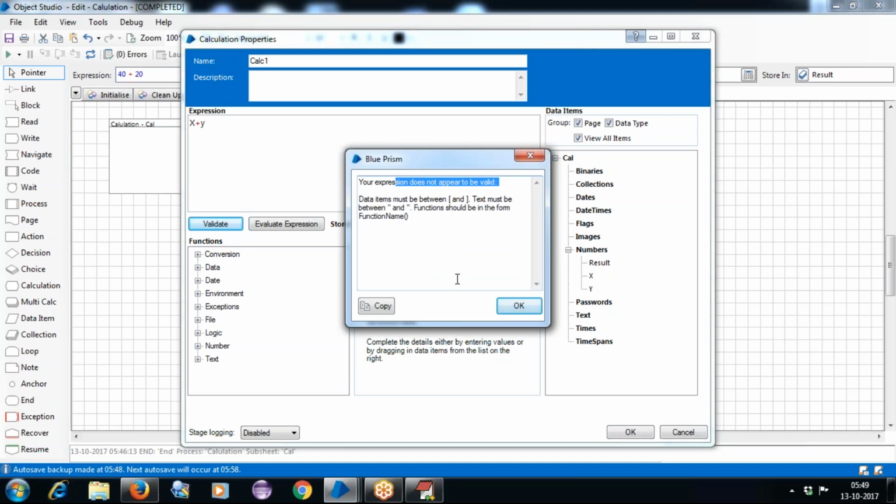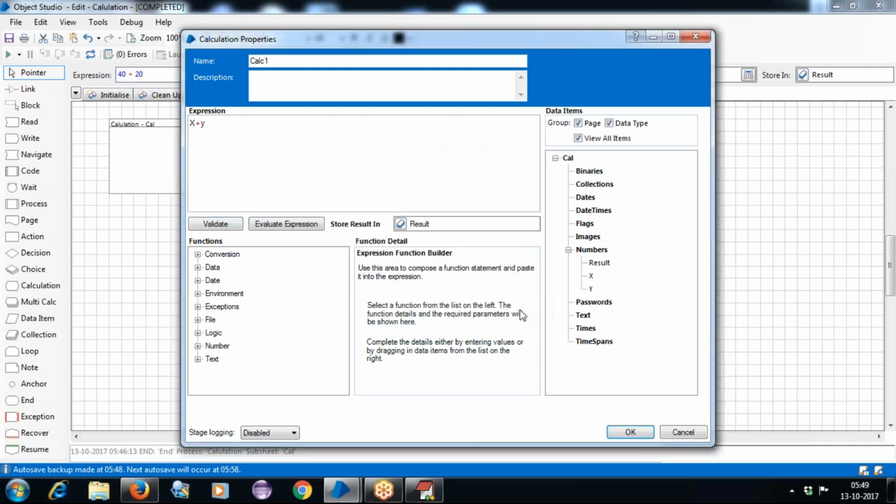Okay, because we need to follow a particular syntax to pass validation, and at the same time it should be case sensitive here. Whatever data items we are calling, it's not only data items. Again, in Blue Prism also, everything is considered case sensitive here. Now why it is giving an error is, you can see the difference between what we have written and what makes the correct way here.